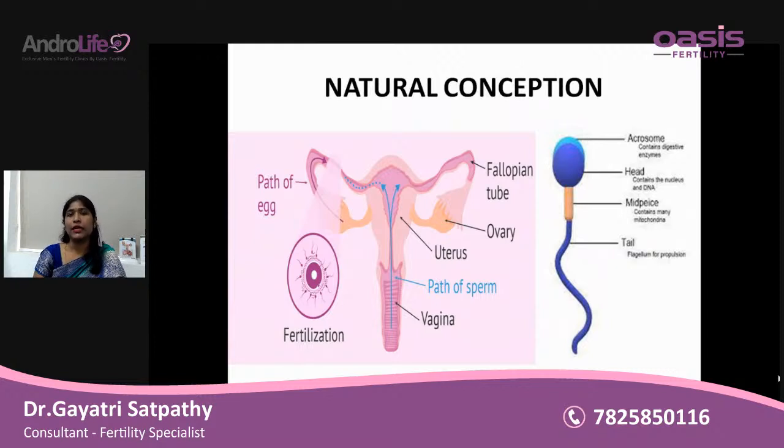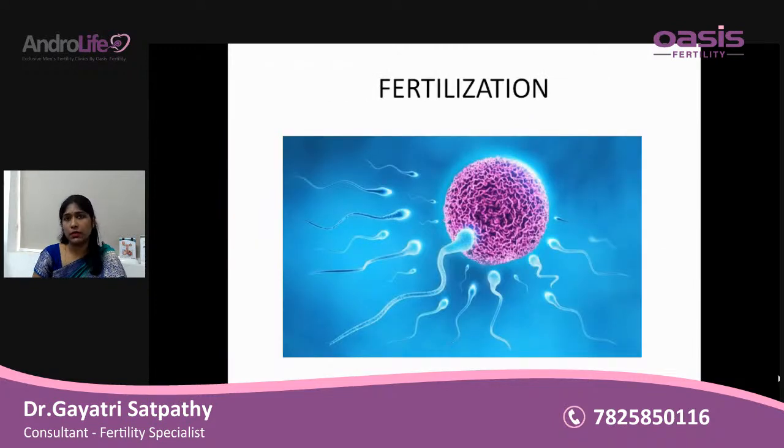And at the same time, around the time of ovulation, the egg which gets released from the ovary also gets inside the fallopian tube. It is inside the fallopian tube that the sperm and egg meet and fertilization happens. So out of the hundreds of sperms which have been able to reach the fallopian tube, there's only one lucky sperm, the one which was able to compete among all of these sperms. That particular sperm is able to touch the egg membrane, and once it touches, it is able to penetrate inside the egg. The egg does not allow any other sperm to enter inside. The sperm and egg fuse, and the fertilization happens,